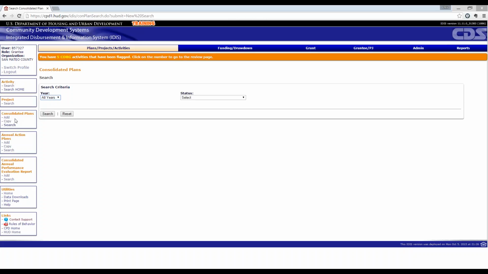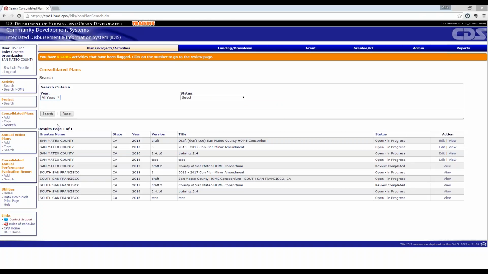Under the comp plan submenu, you'll click on search, and that will bring up the search functionality. You can just leave the criteria as all years and the status under select and click search. And this will bring up all of the consolidated plan templates that are there.